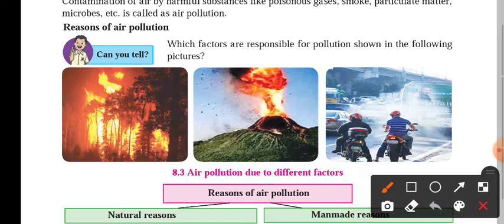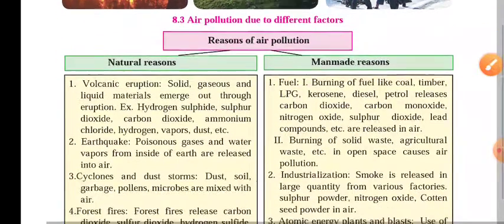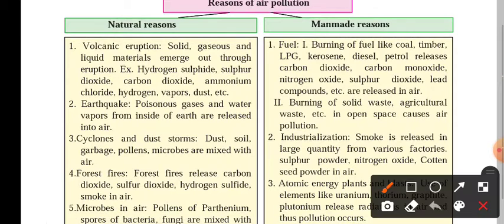Here, some of the pictures they have shown are a forest fire, volcanic eruptions, and the inner traffic, the gases released from the vehicles and their engines. They are also one of the reasons. So here they have shown the reasons of air pollution, the two factors they have shown,